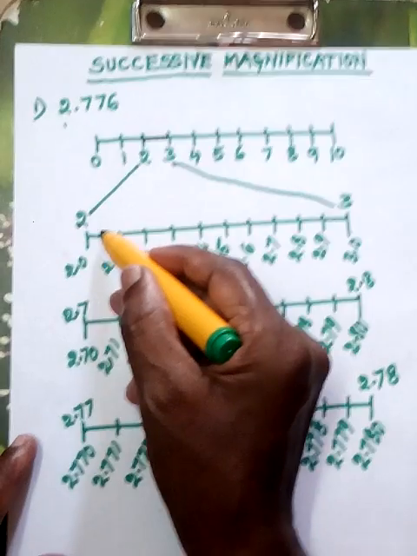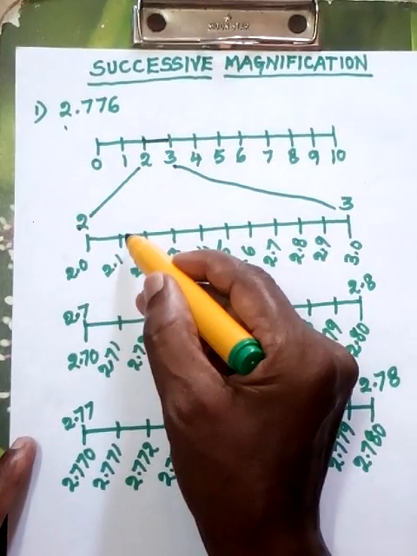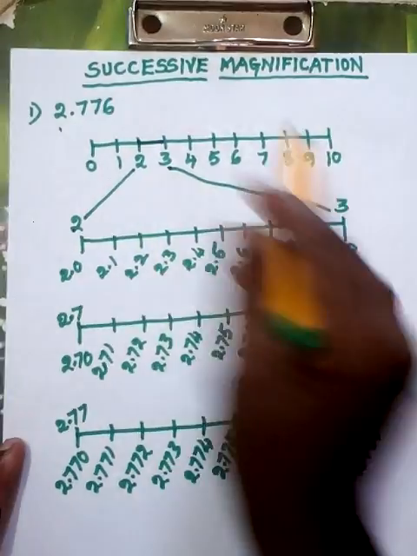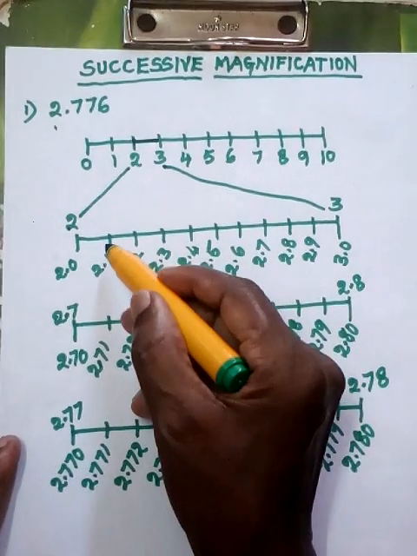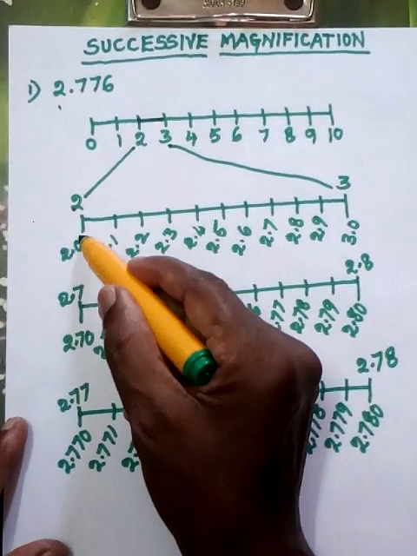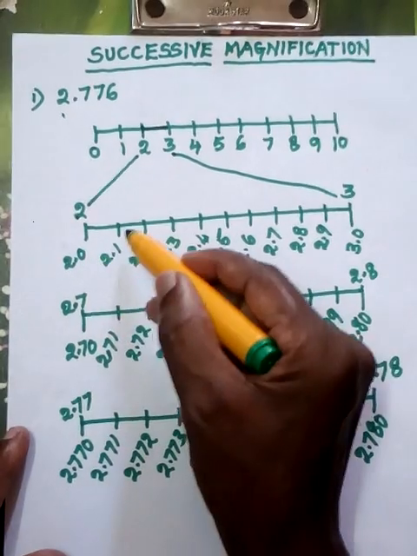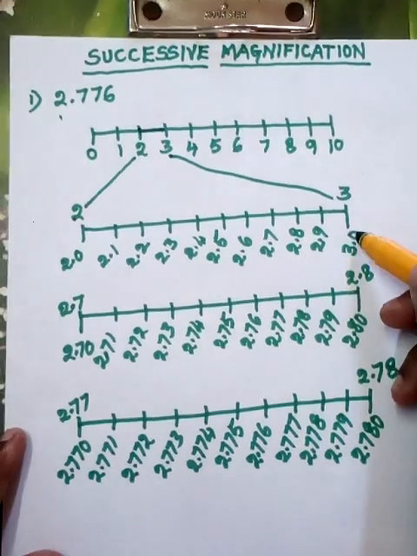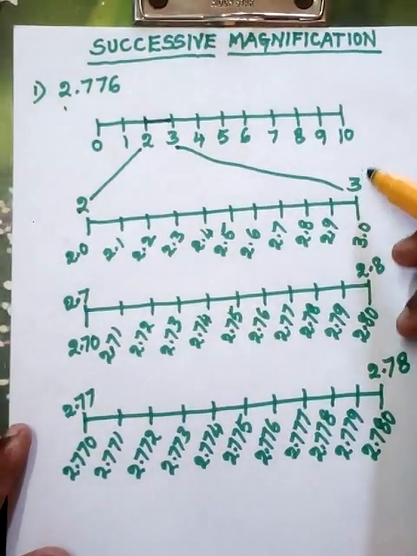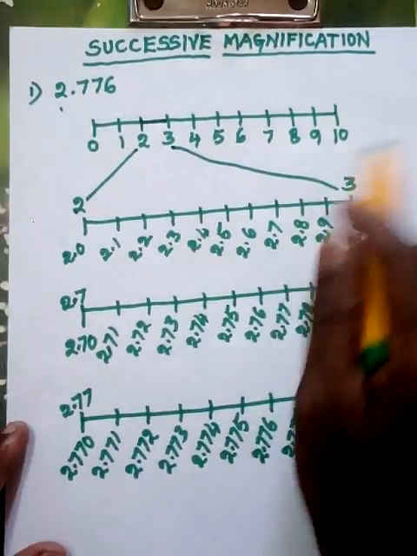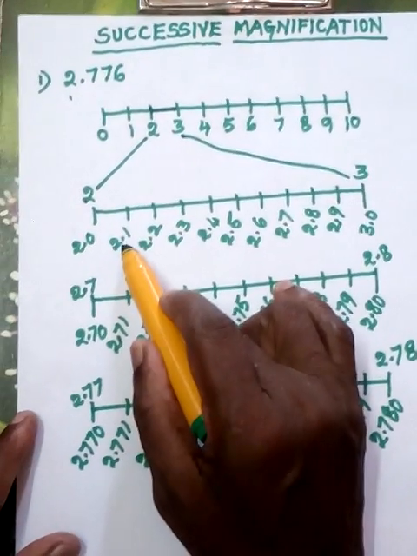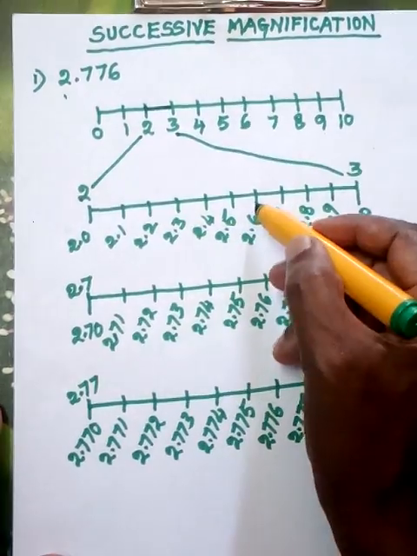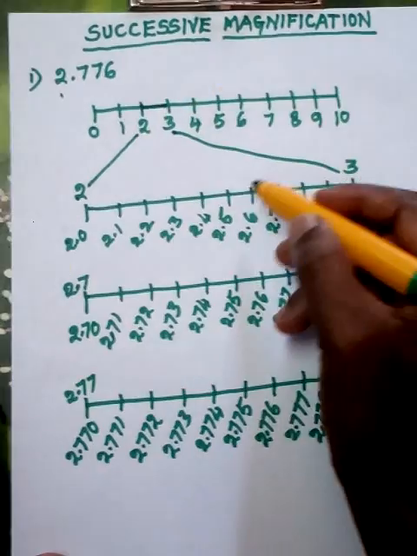So let us divide this small part by zooming and making 10 more parts. We take this zoomed part between 2 and 3 and again make it 10 parts. So 2 is called 2.0, then 2.1, 2.2, 2.3 etc. The last one is 3.0, otherwise called 3. Each part is named like this: 2.1, 2.2, etc. Then we take 2.7, which is 7 after the decimal point.